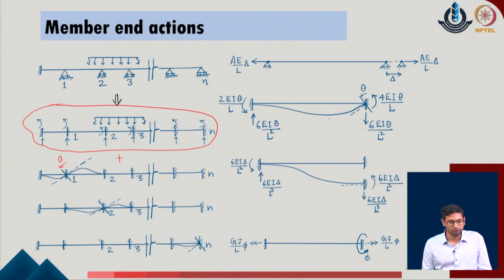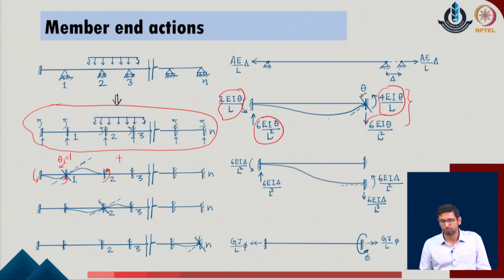With respect to the unit value of theta 1, we were able to calculate the end forces of the given system, which are typically utilized based upon these principles: if a theta rotation is allowed, the near end gets a moment reaction of 4EIθ/L, the far end gets a moment reaction of 2EIθ/L, and the reactions in the shear direction come out as 6EIθ/L² at the two ends. Similarly, with respect to the translation relative to joint A and joint B, we can describe these end moments as well as the reactions of the given system.